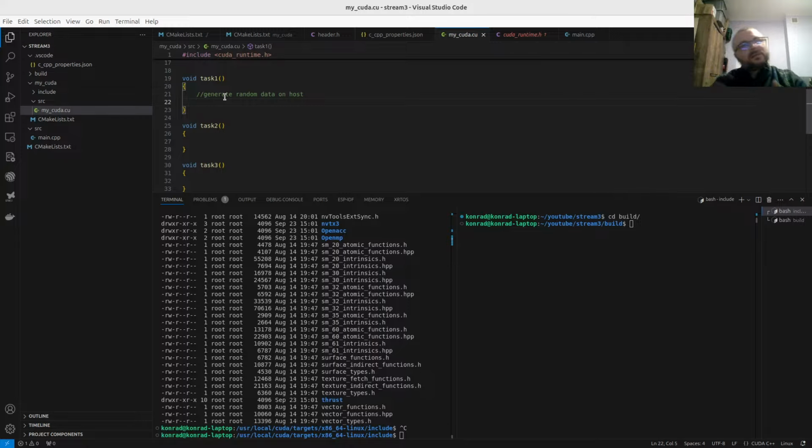So host vector, and this is generic, so a template, so we'll use integer, and that will be h vec, and we will reserve memory, and we will do that in a nice way. So we will reserve roughly 32 mega of numbers, and to be precise,